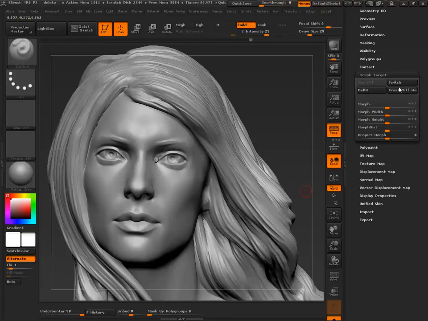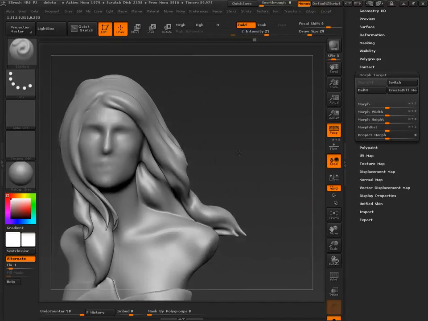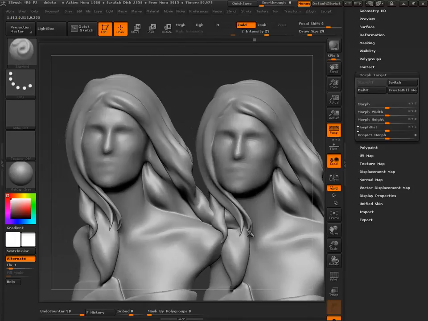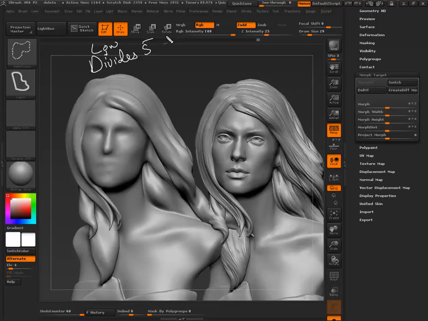So does anybody know what it's done here? What are we looking at? What is this model, which is created for us, and then this one? So when you import, basically, what ZBrush does is it takes that low res and then simply divides it. In this case it divided it 5 times because we had 5 subdivision levels. And that makes for a very smooth high res model.